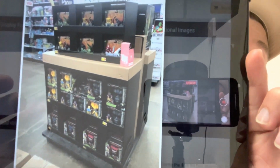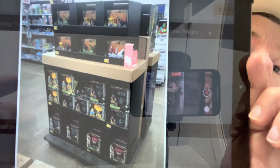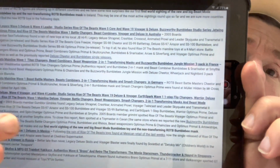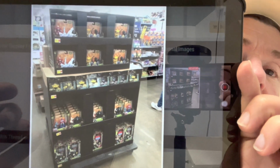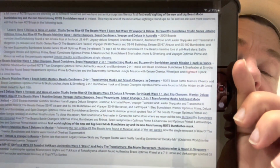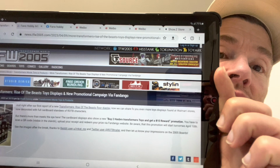So this is, let me just see where it was from. This was found at a Walmart store in Jasper, Alabama. So here we go. These are going to be absolutely everywhere at the moment. So this is the actual in-store display with pretty much all of the range of figures at the moment. I think there's at least 5 or 6 different ranges of them. There's a huge sightings list coming up in a second, but what I want to do is just skip to this